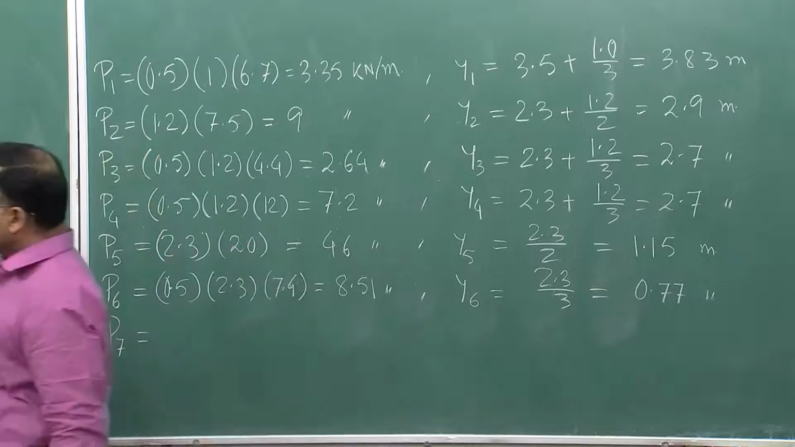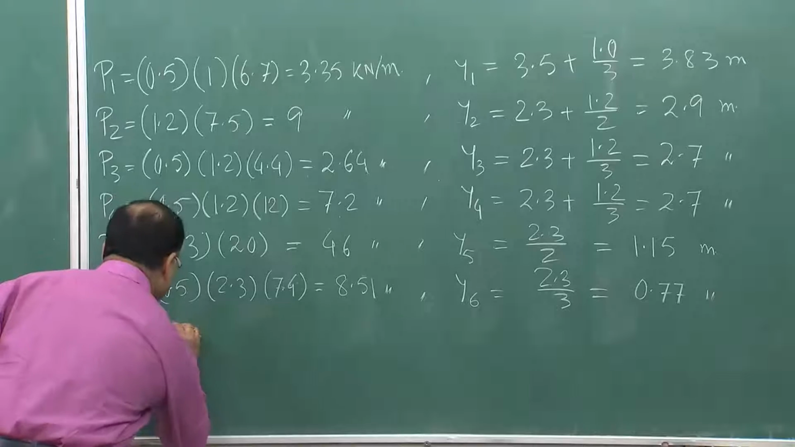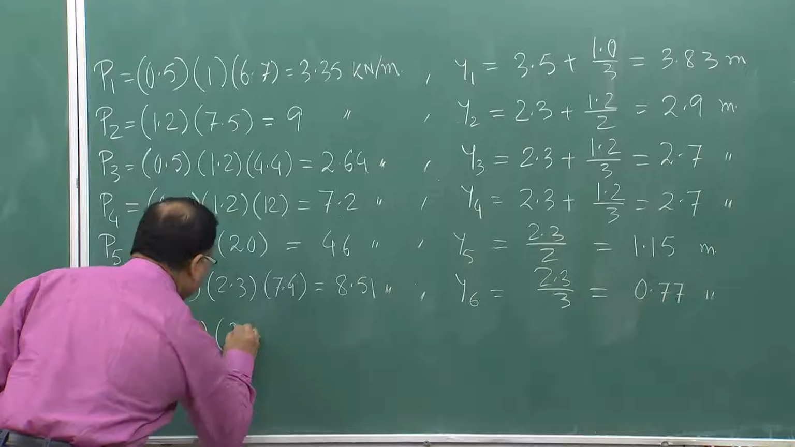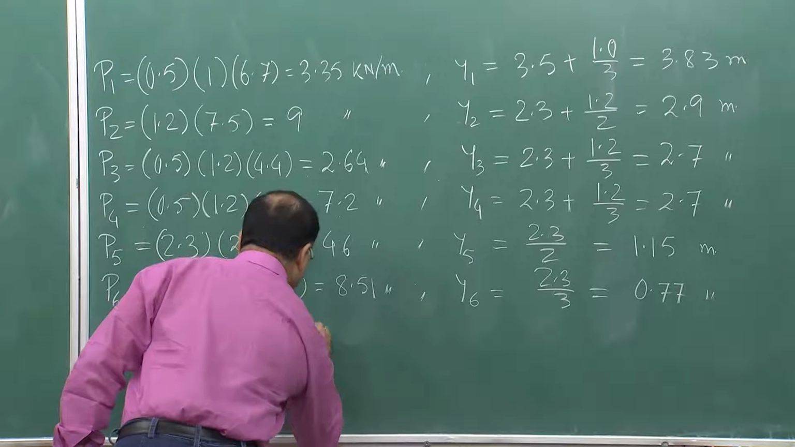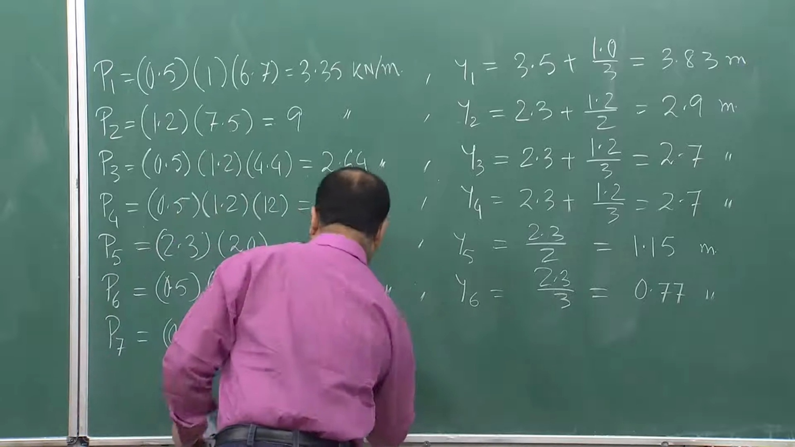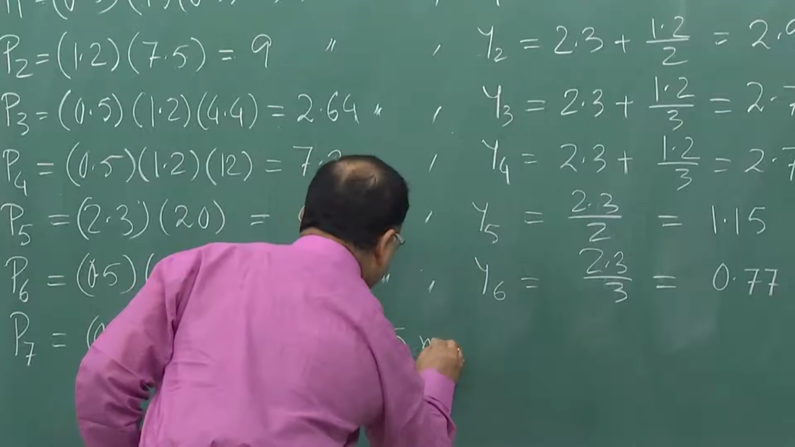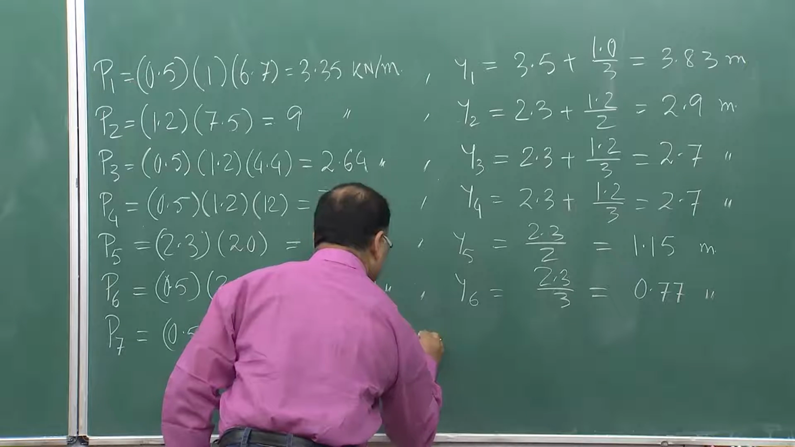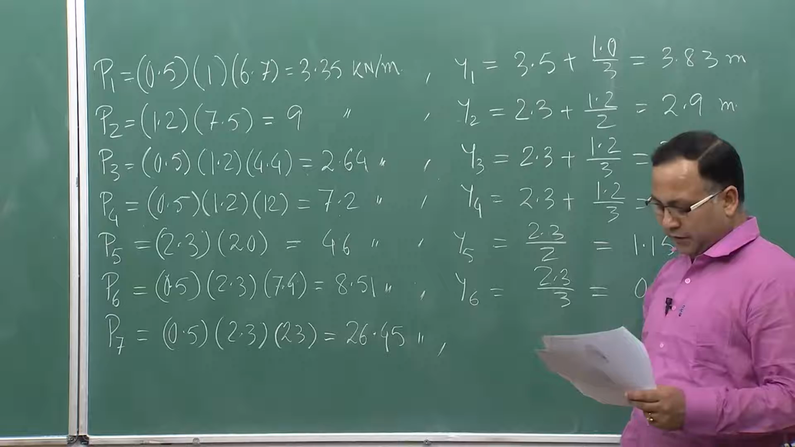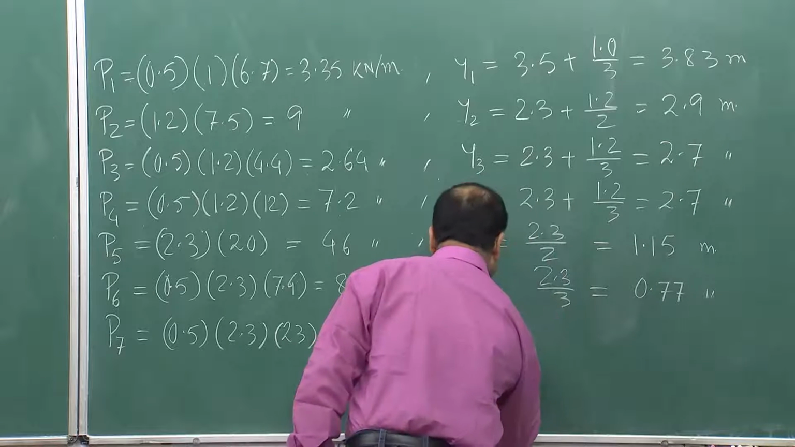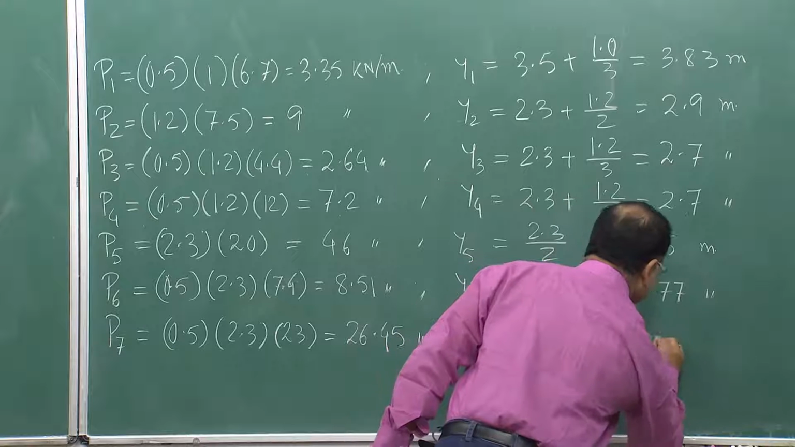Now, coming to P7. P7 is this last triangle, due to the water. So, that is again 0.5 into 2.3 into the base, 23, that gives me 26.45 kilonewton per meter run. Okay. Now, what is Y7? That is the same, 2.3 by 3, which is nothing but